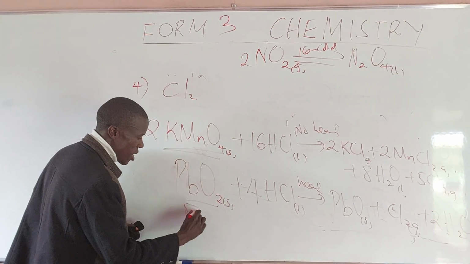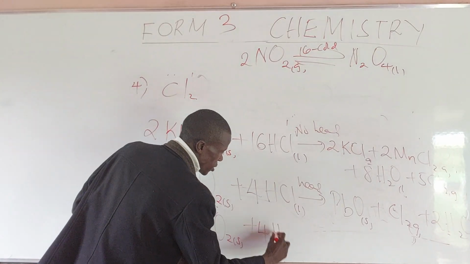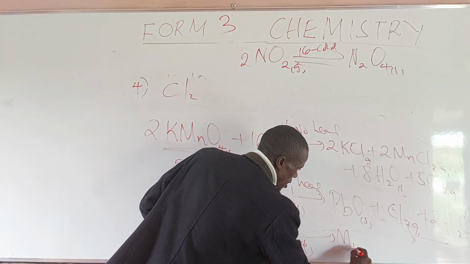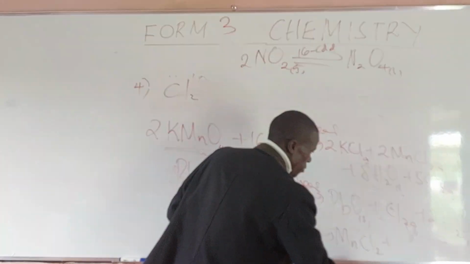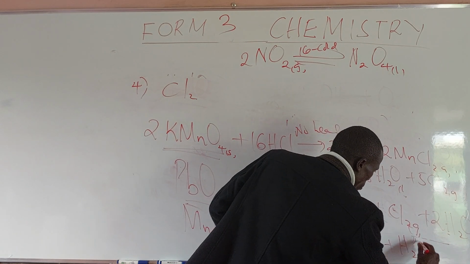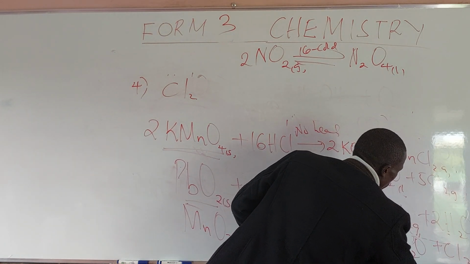We can also have manganese 4 oxide. Then we have 4 moles of concentrated hydrochloric acid. We form manganese 2 chloride. We also form 2 moles of water, and again 1 mole of chlorine